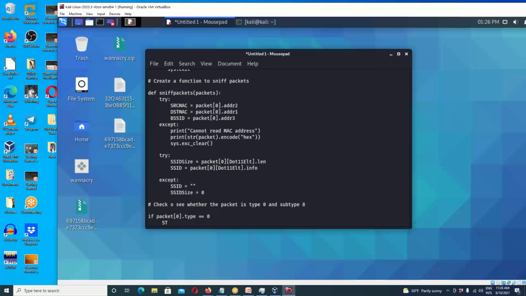We're looking for the subtype now. That's what the ST stands for. If the packet dot 11 subtype